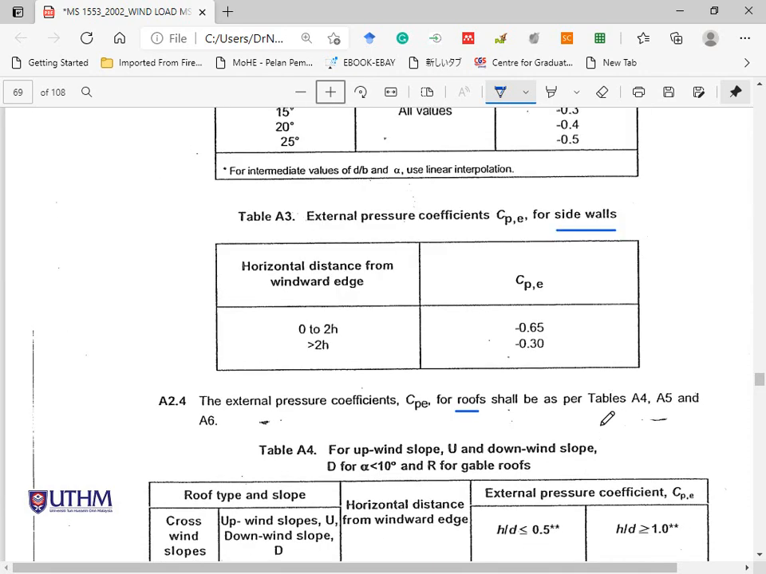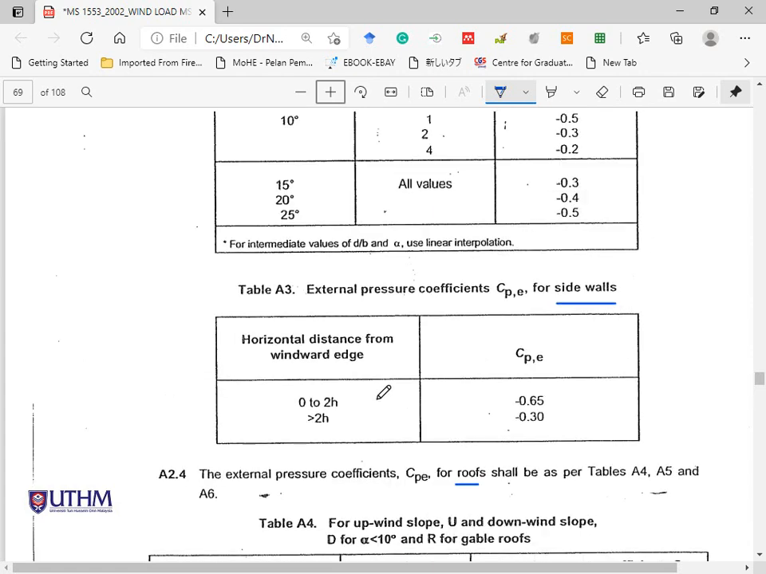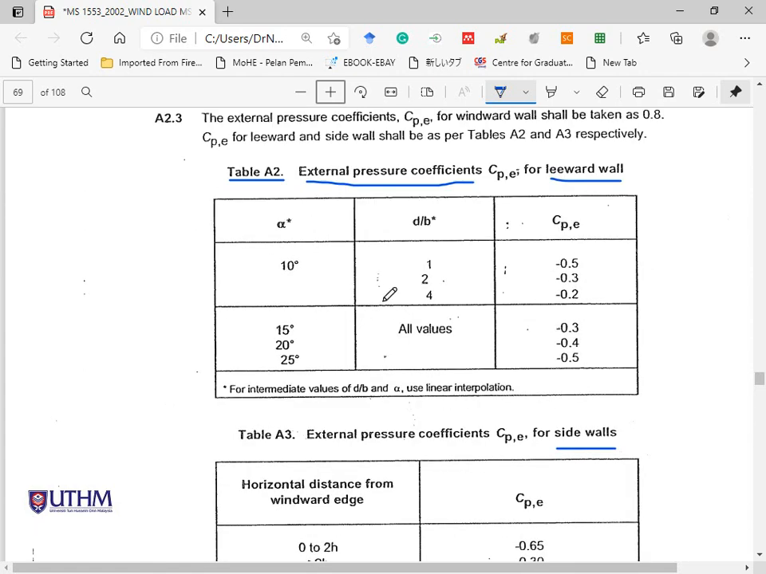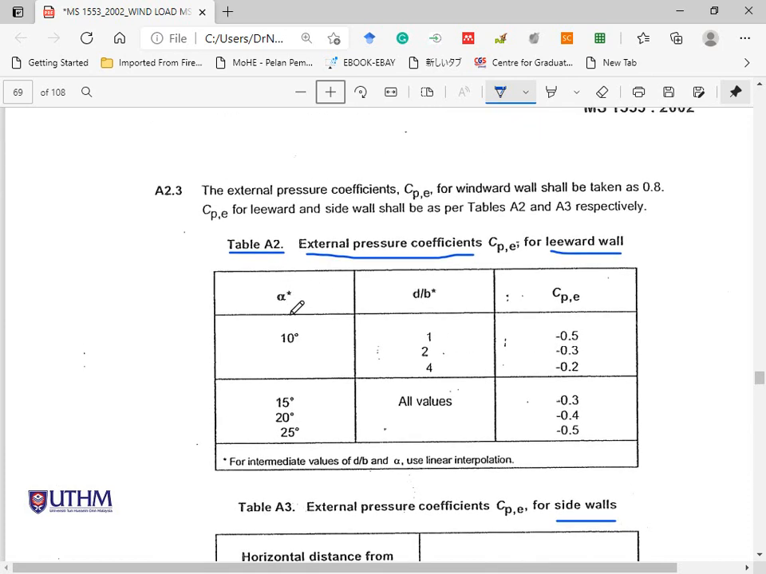And the selection depends on the horizontal distance from the windward edge. This one is for the side wall, and this one depends on the alpha. Okay, so the alpha, D over B, and then we select the CPE. So D over B here, the D here is, if you still remember, from example 2.1,